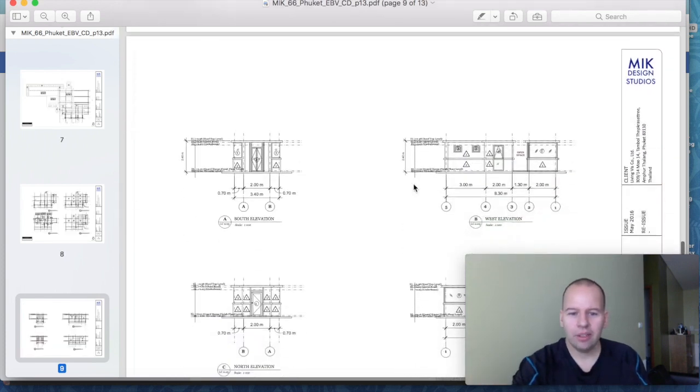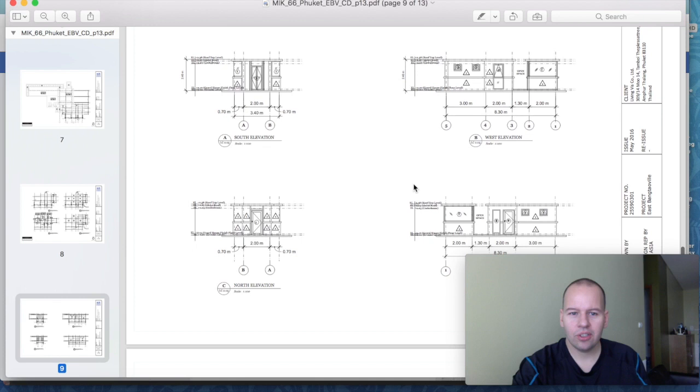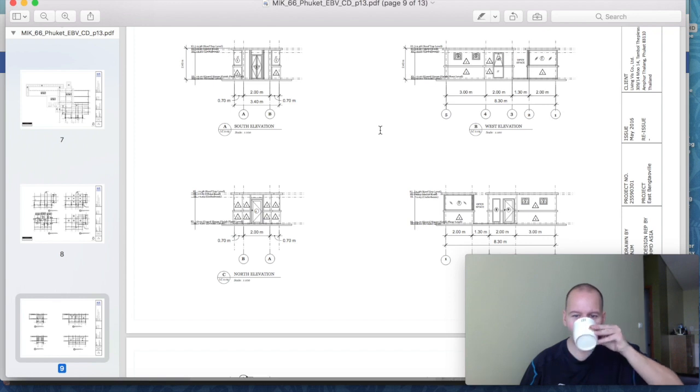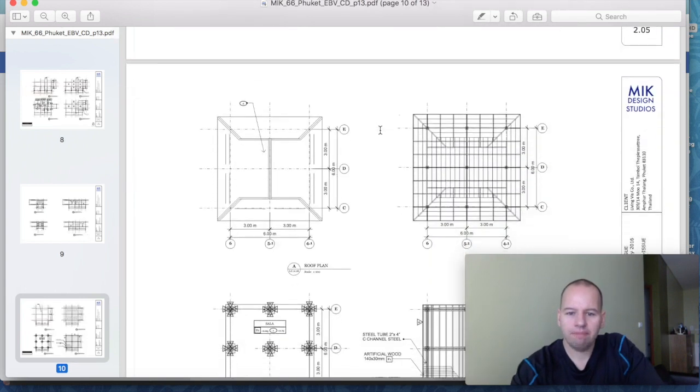But anyways, yeah. So here's some of the elevations of the building. So of course, this is again a 3D model. So each of the four sides, and have the finishing callouts on that.